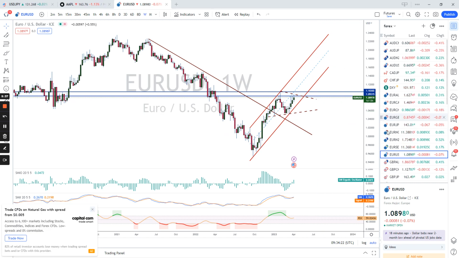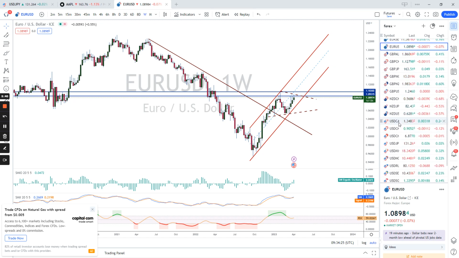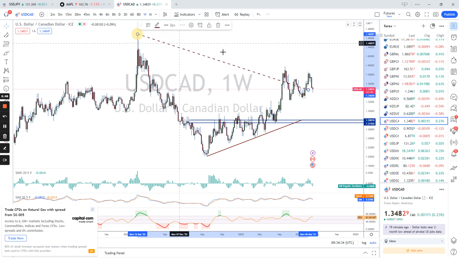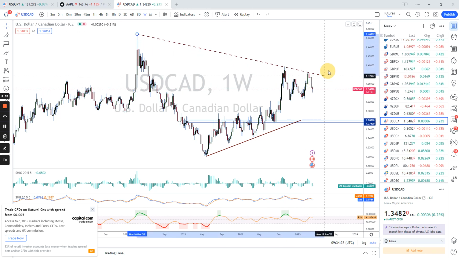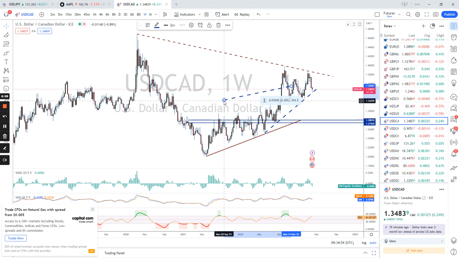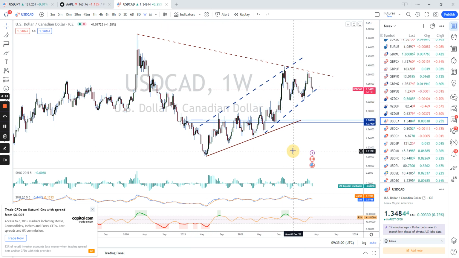Okay, so let us continue. I will show you a couple of Forex pairs. USD/CAD, also an interesting pair for trading at this point. It's connected, of course, with the oil price action, and at the moment we have an upside bounce from this support in this, let's say, wedge upside continuation.